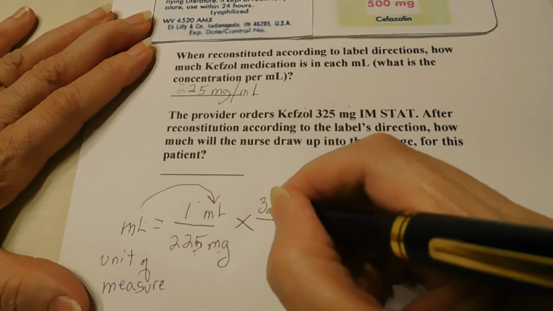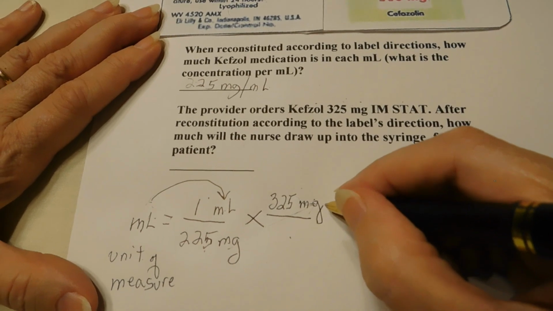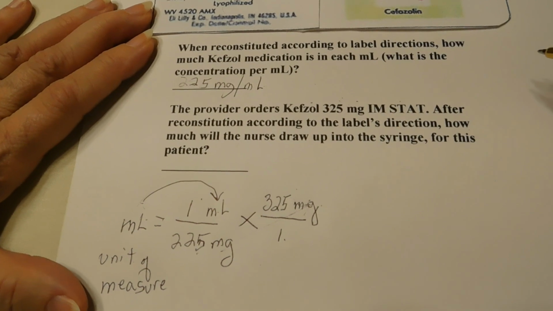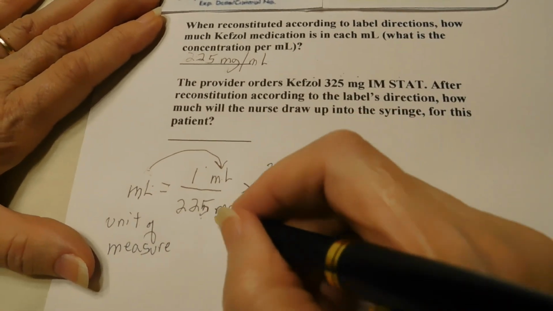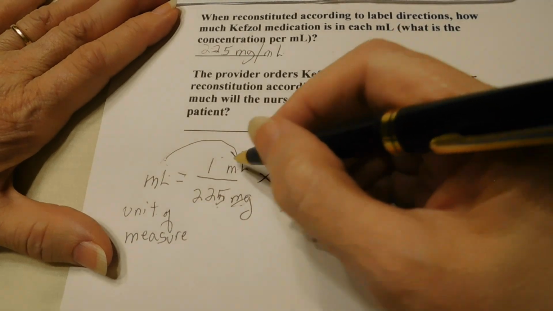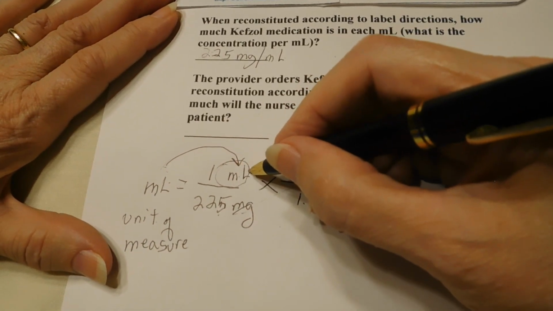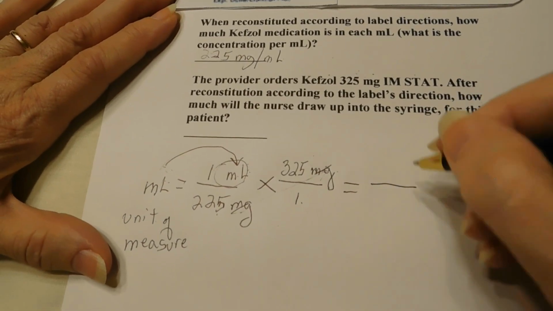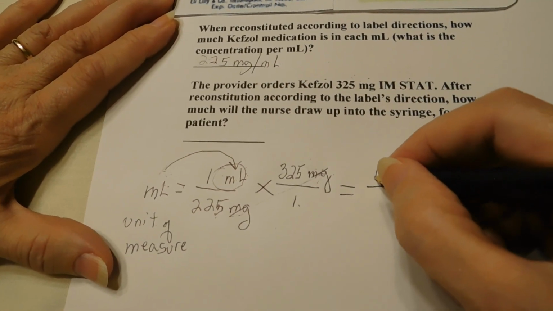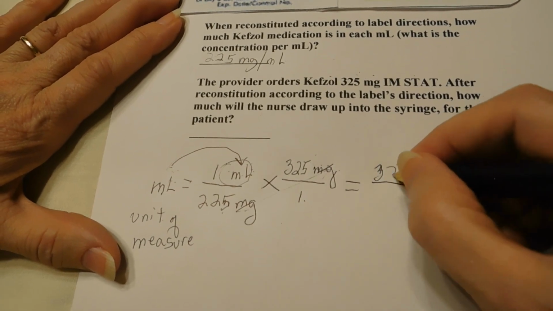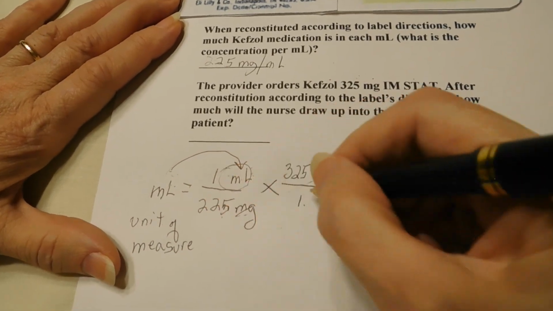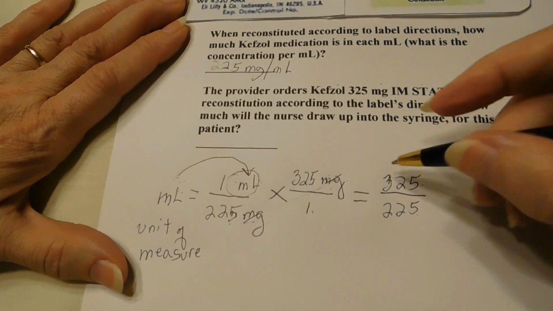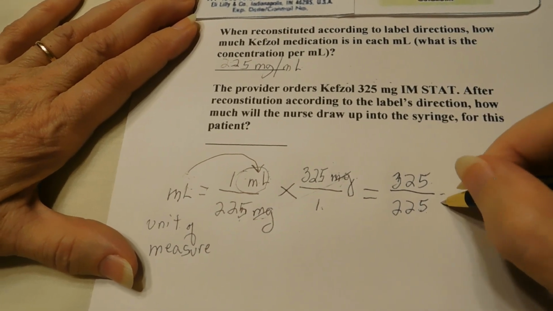So 325 milligrams goes in the numerator. 1, which is our placeholder, goes in the denominator. And are we ready to figure this out? Well, we are, because our milligrams will cross out, and the only thing that we have left is milliliter, which is our unit of measure that we're trying to find. So our equal sign, we multiply the numerators together. 1 times 325 is 325. 225 times 1 is 225. and 325 divided by 225, and that equals